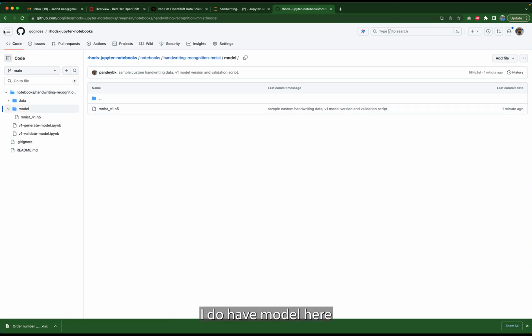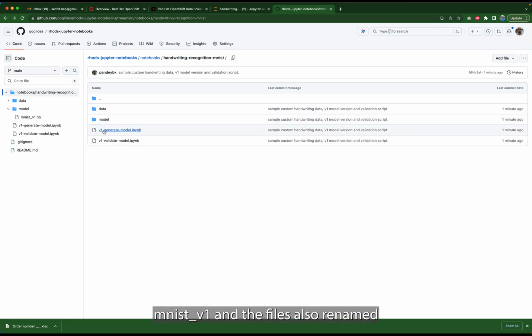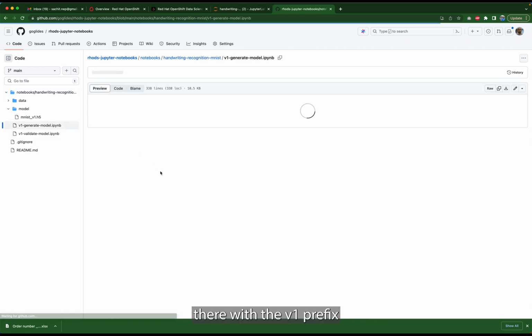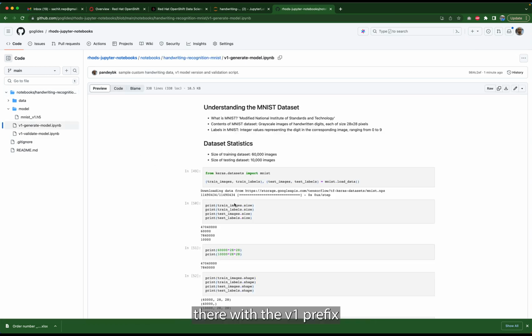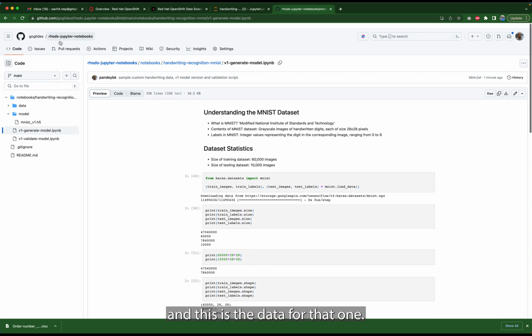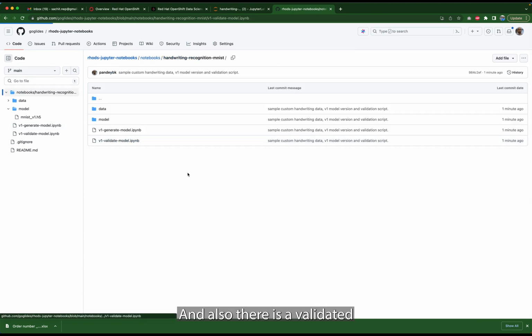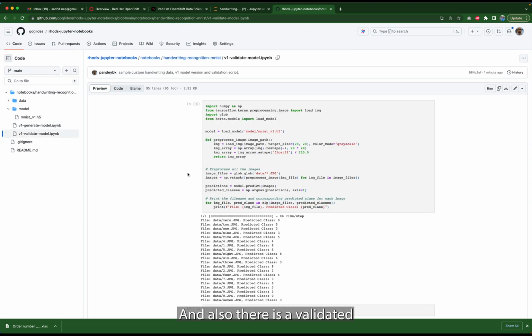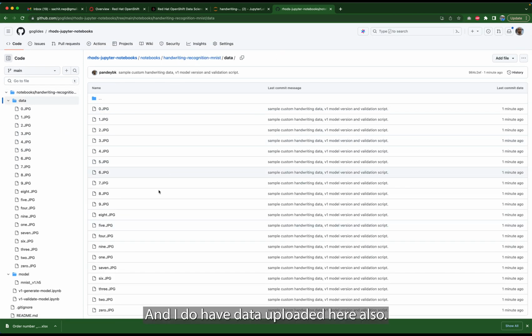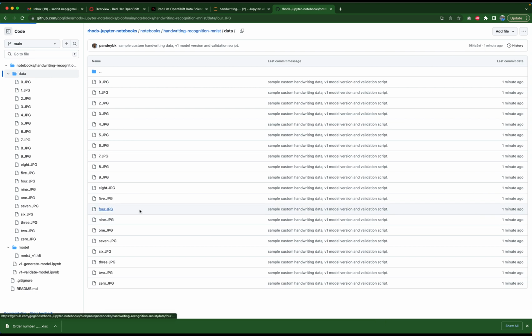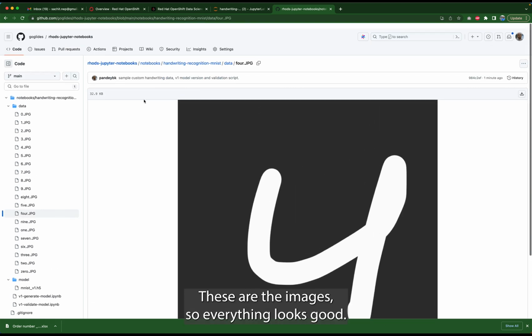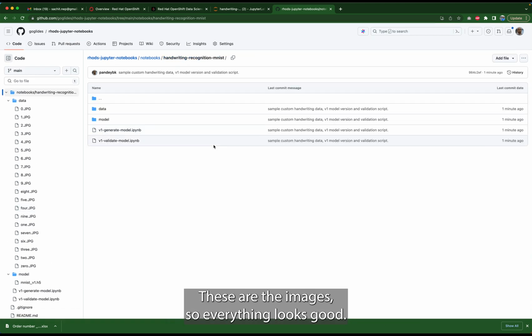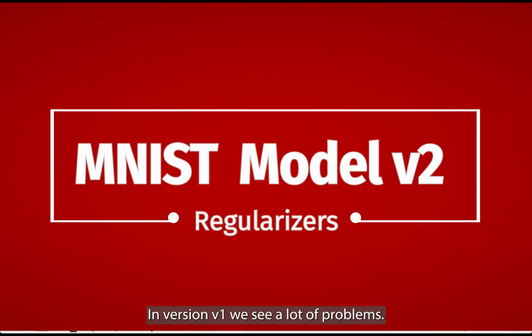I do have the model here, MNIST_v1, and the files are also renamed there with the v1 prefix, and this is the data for that one. And also there is a validate model notebook as well, and I do have data uploaded here also. All right, these are the images. So everything looks good. In version v1 we see a lot of problems, so let's improve this model with the